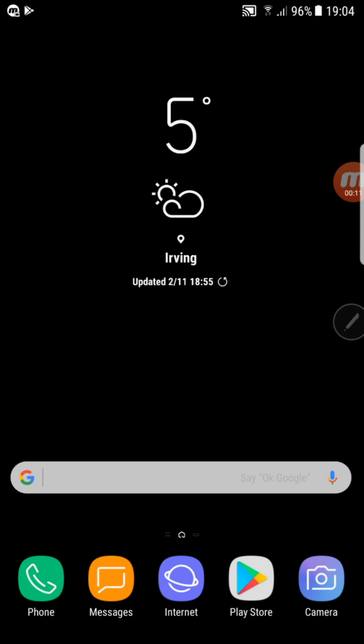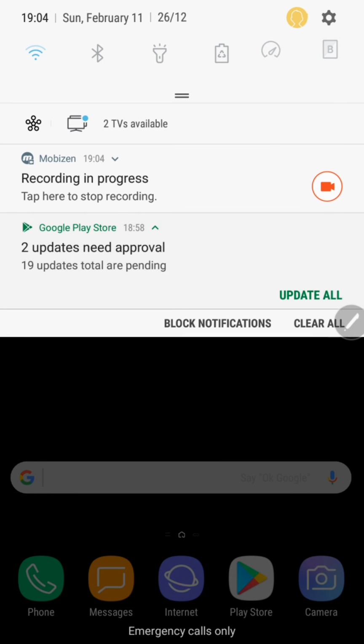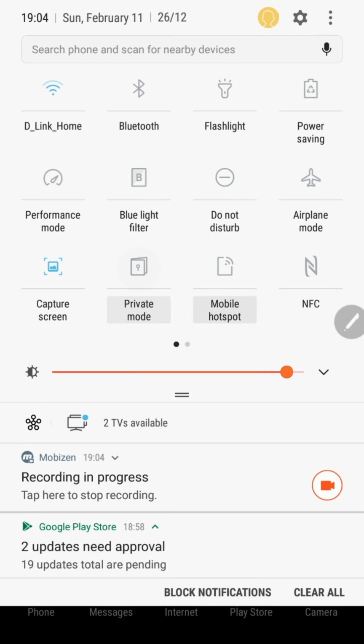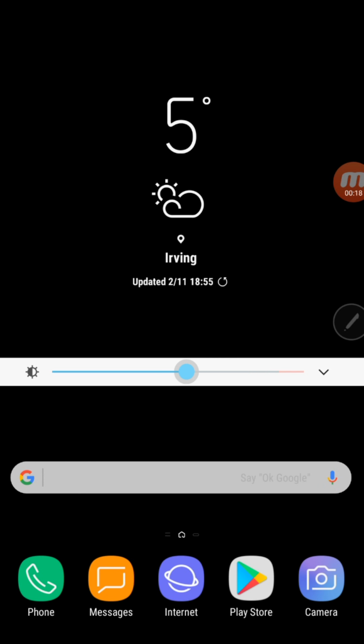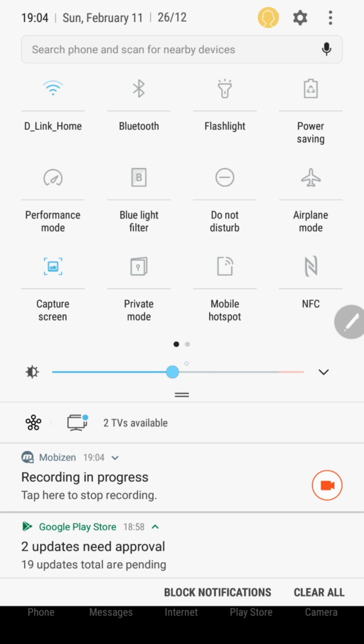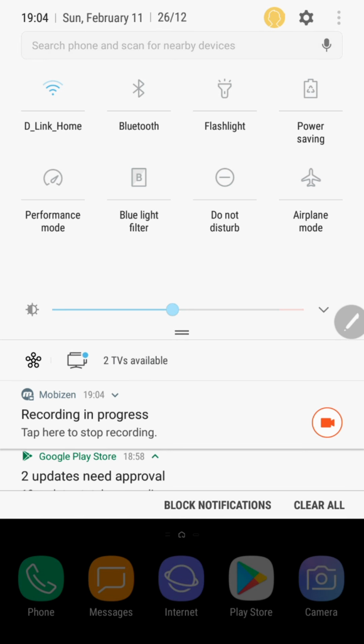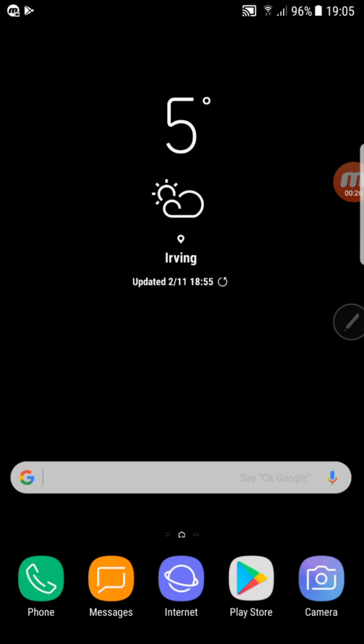So first thing I do, I drop down this menu, and the brightness is too much, so I just cut it to the middle. That's good enough. It saves battery, plus it looks good on your eyes. So first thing you do, change the brightness, then go to settings,